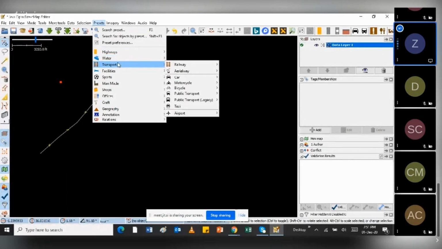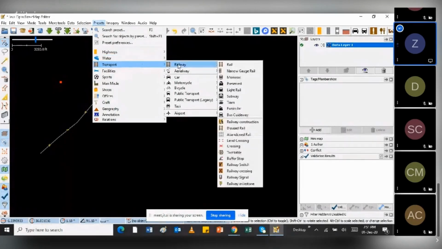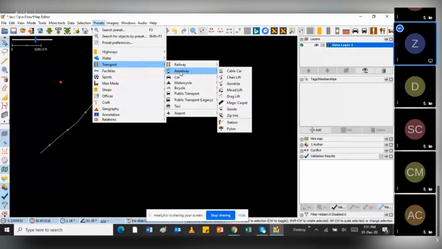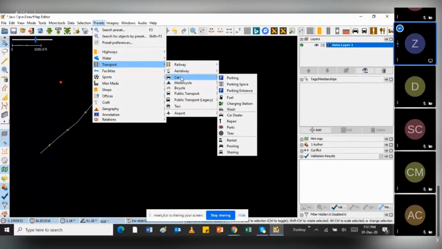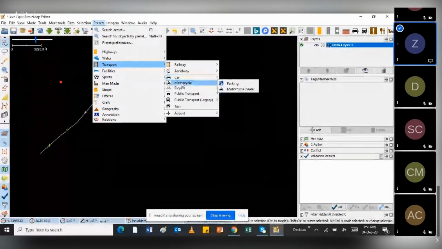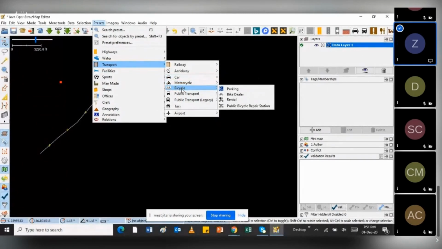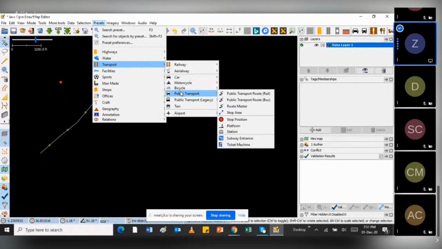If it's transport, then you see that all these tags are specifically for transport. So if there's one for railway, there's one specifically for cars or motorcycles, and then bicycles.